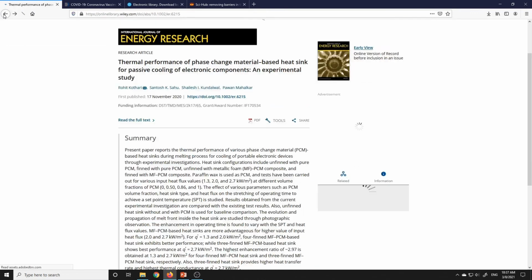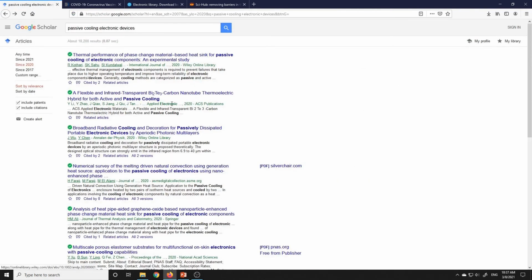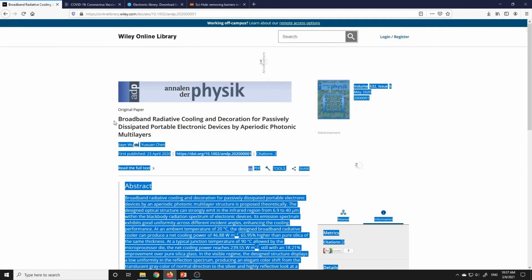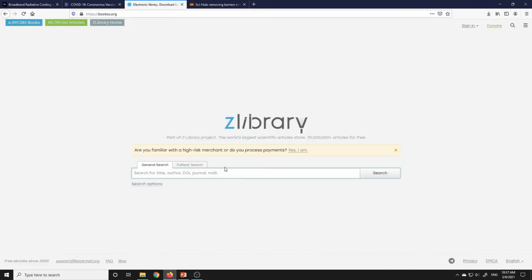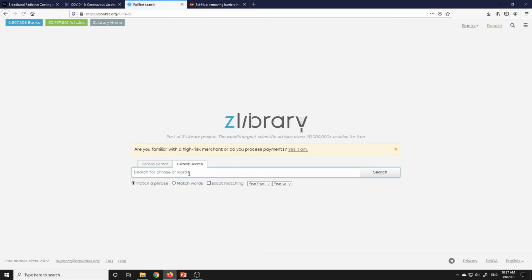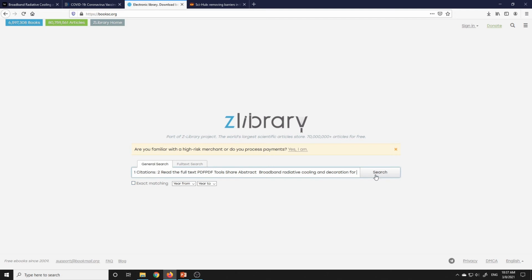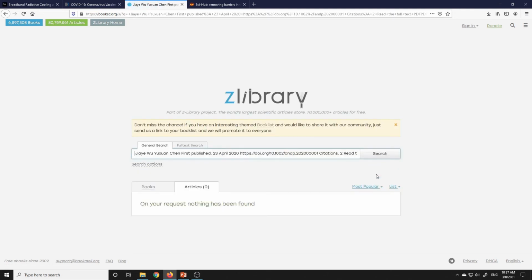Okay, let's see if I can get something else. Original paper, let's see. Search options, okay, no matter, search. Okay, wait a second, I think I am getting some problems because of this.